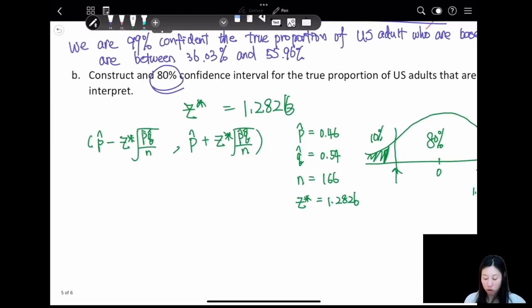Anyway, we just plug this number into our confidence interval. So do it by yourself. So we have 0.41 and then 0.51. Okay, so now the conclusion. Remember, we need to include three pieces of information: the confidence level, the range of the values, and also the population proportion. So we can say that we are 80% confident